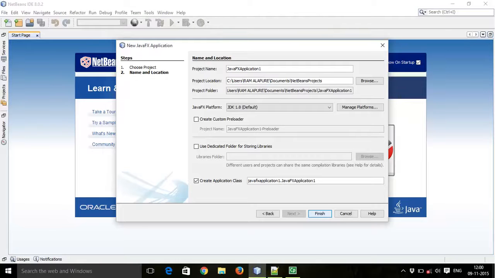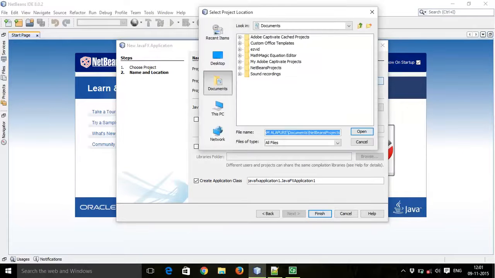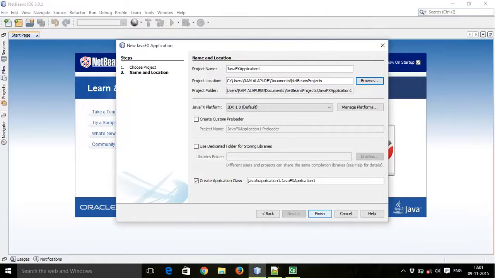This will be your project location where your projects will be saved, or you can change the location where you want to save the project. I will go with the default location. This will create a folder with your project name.